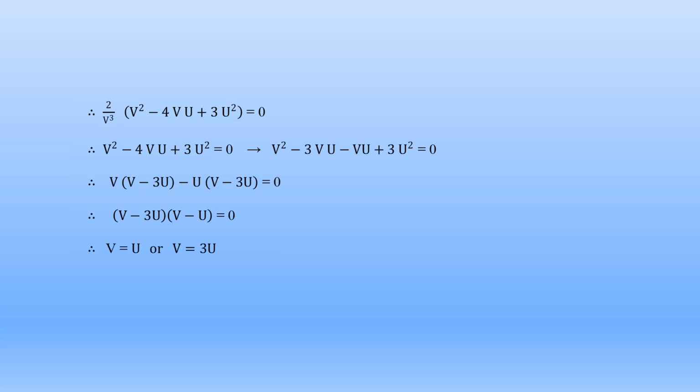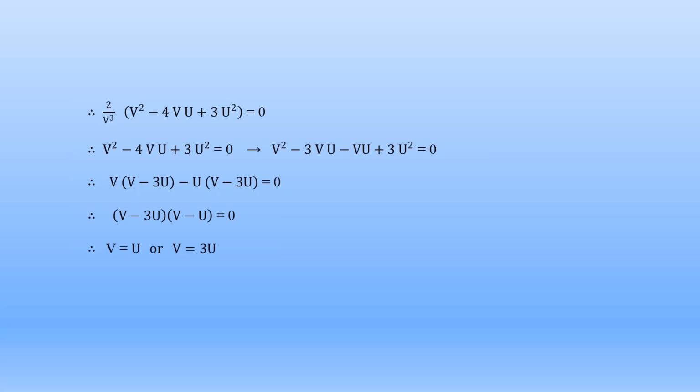If the force Fx is 0, the output energy of the water jet is also 0, because the output energy equation is rho A (V minus U) whole square into U. If V is equal to U, the output energy is also 0. So that is not possible. So in this discussion, V is equal to U is not possible for the maximum efficiency.